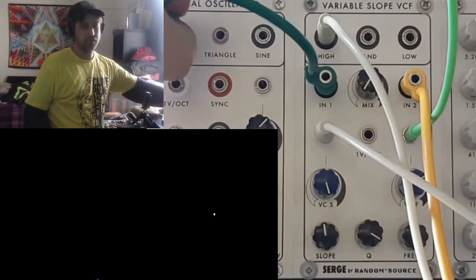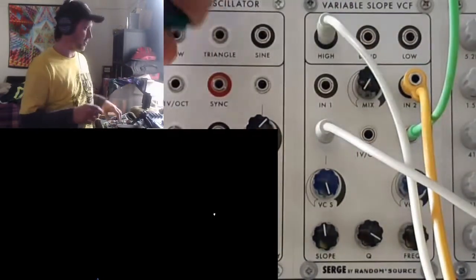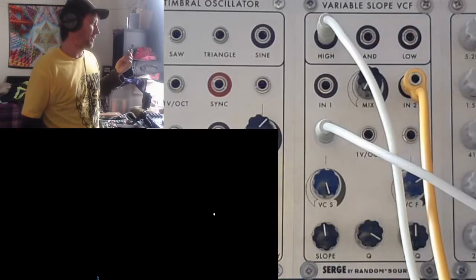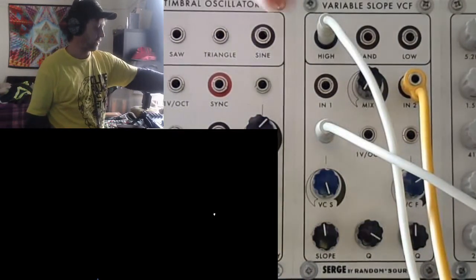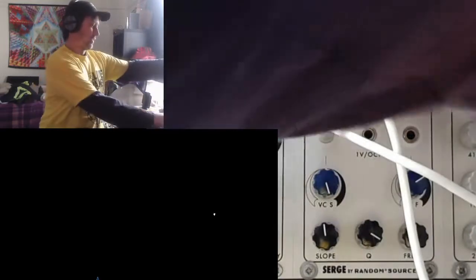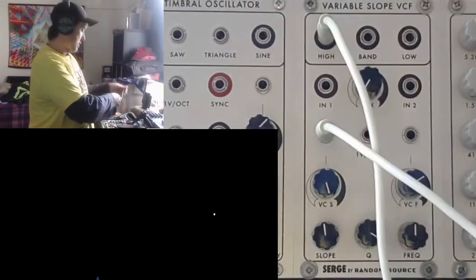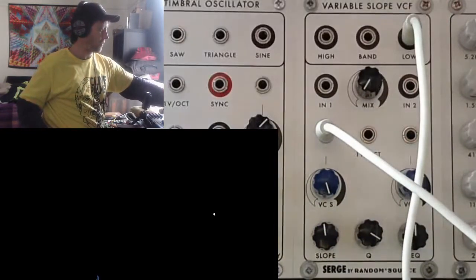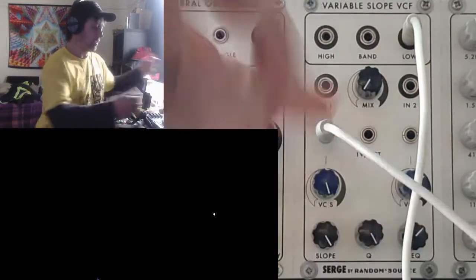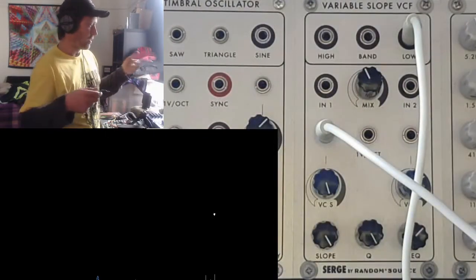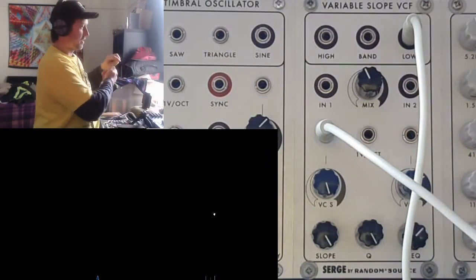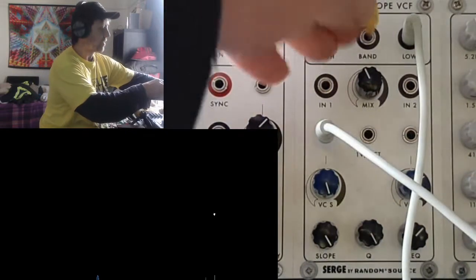I guess I'll show you one last trick to just demonstrate how you can make this filter self-oscillate. It is possible, it's just not obvious, just like a lot of the functions with Serge modules. So like I was saying earlier, you can't hear this straight up with the resonance at max, no input here, so there's no self-oscillation. So in order to do that, we need to take the output, we'll take the bandpass, and it needs